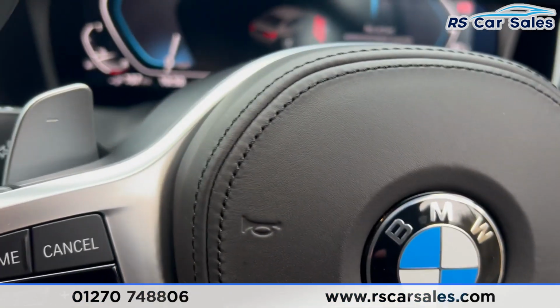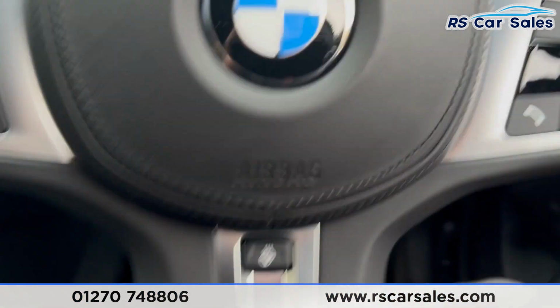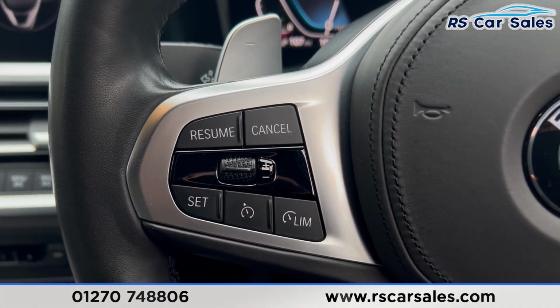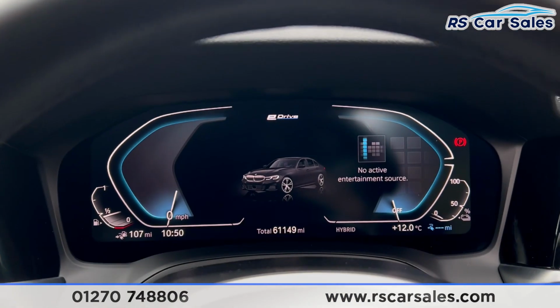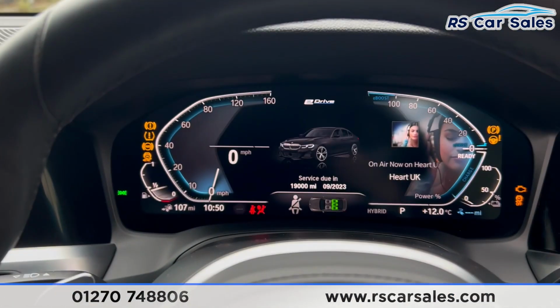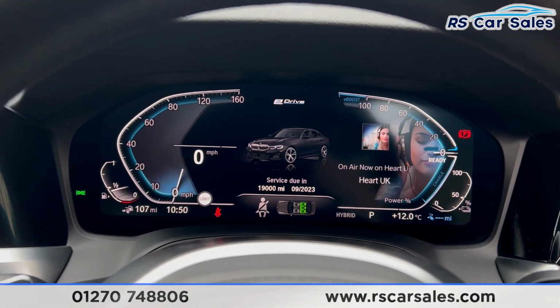If we take a seat inside, you find that we have the heated steering wheel button just there. Paddle shifters on either side. We have the cruise control and the speed limiter as well. We have the digital dashboard up top, so if we put our foot on the brake and press the start button, the vehicle will start up for us, and you'll find that we are free from any warning lights on